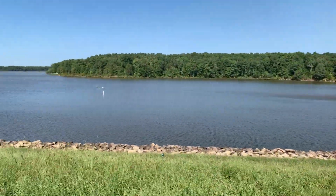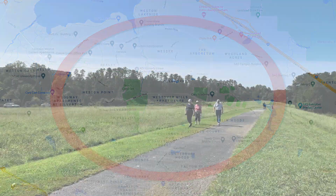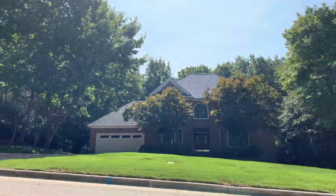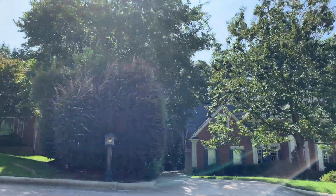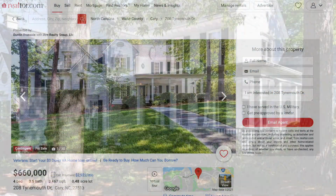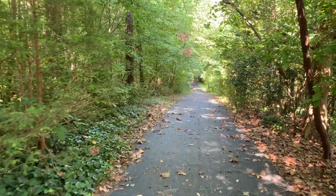I love this section up here at the north side of Harrison because all these neighborhoods have access to the Black Creek Greenway, and there are some really nice developments in here that sit on much larger lots than many other locations in Cary, especially the ones with newer construction. Houses like this one in Wessex subdivision, look at this beautiful front porch. This home sits on half an acre,